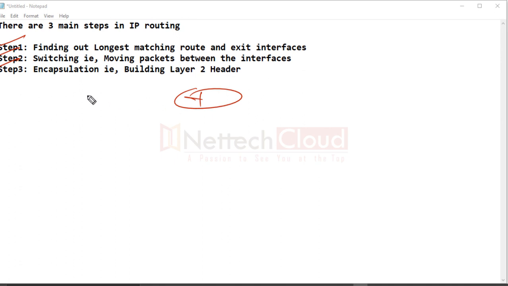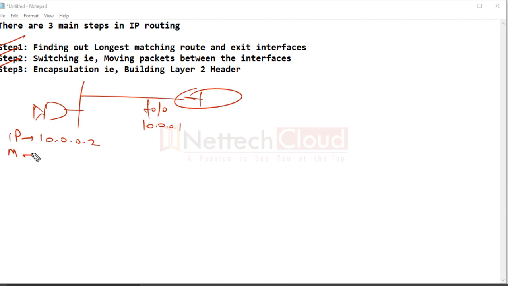So a router here, and a host machine on the LAN segment. F0/0, the LAN interface IP, is 10.0.0.1, and this host machine IP is 10.0.0.2 with the default mask 255.0.0.0, and the gateway here is 10.0.0.1.